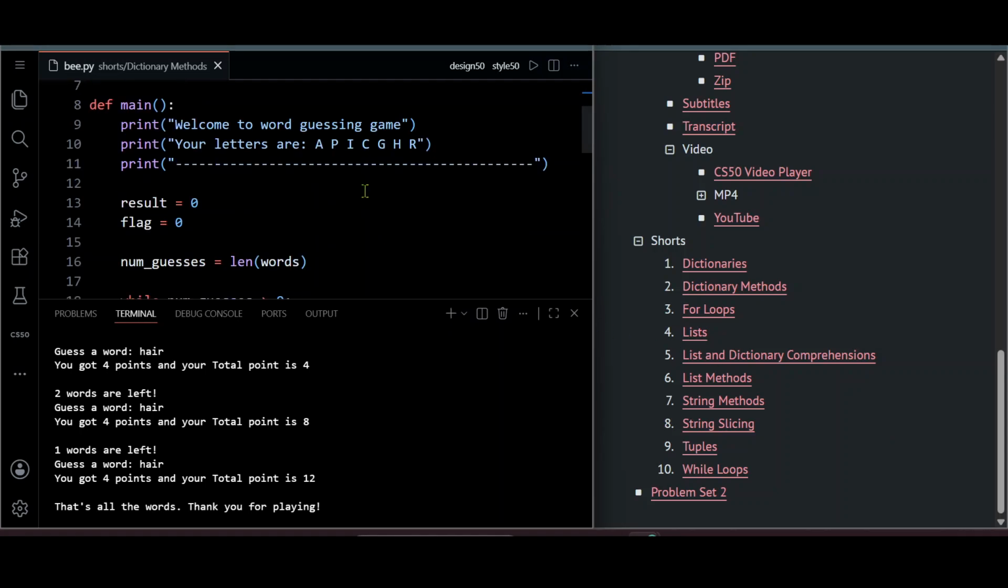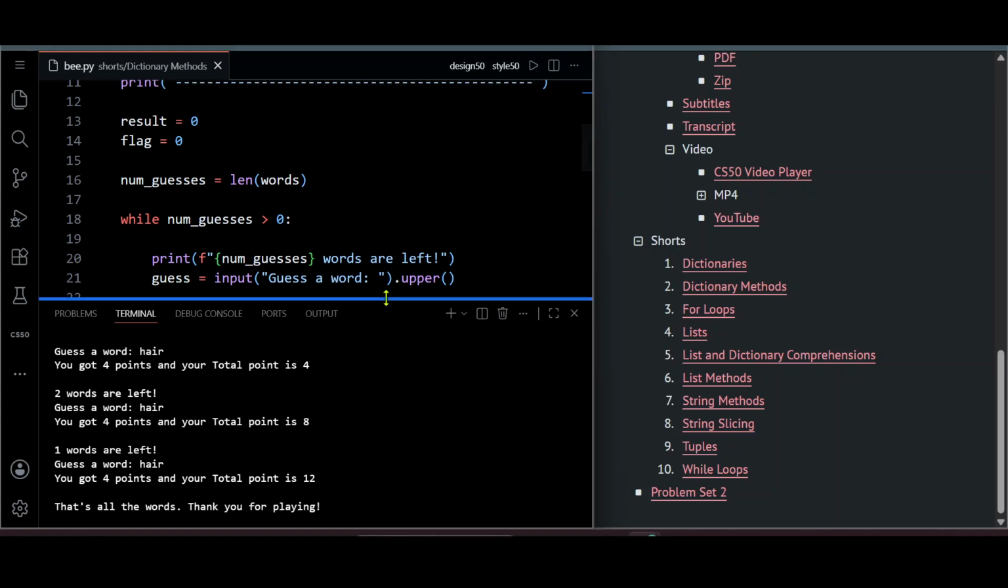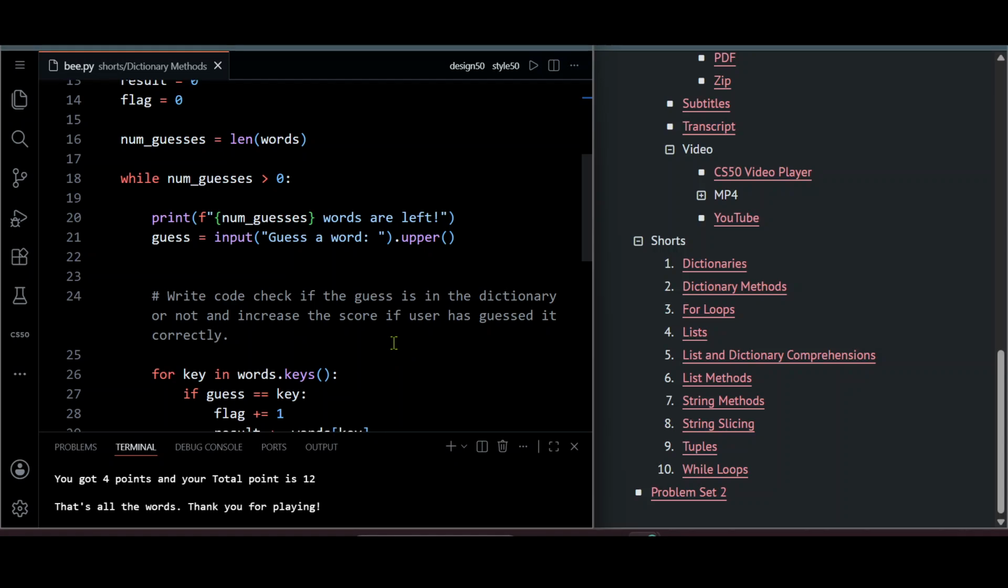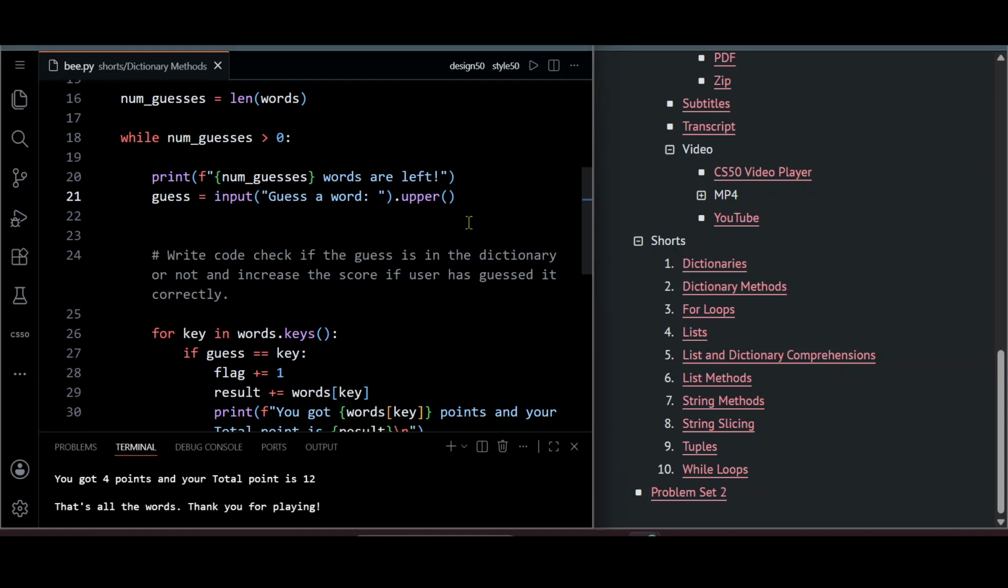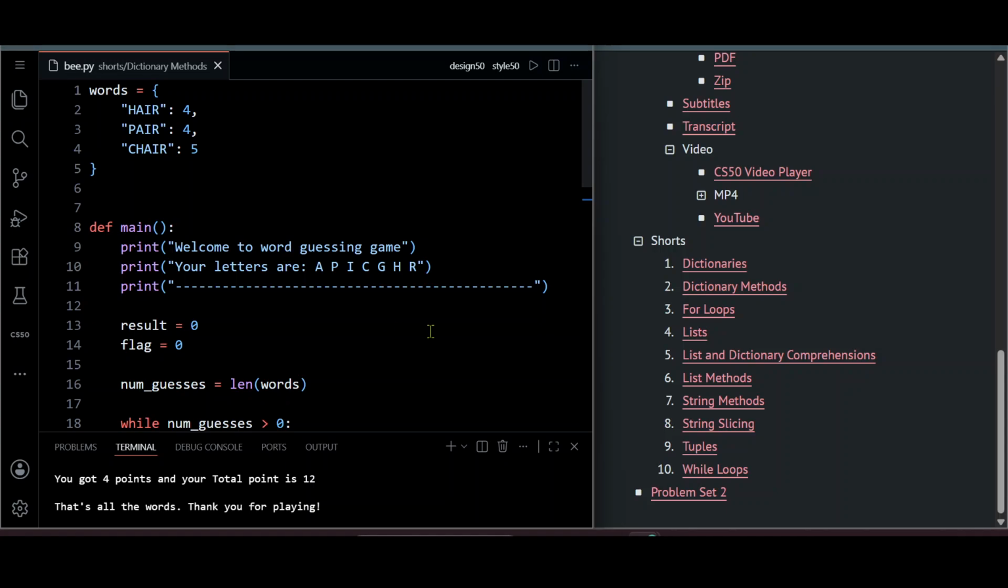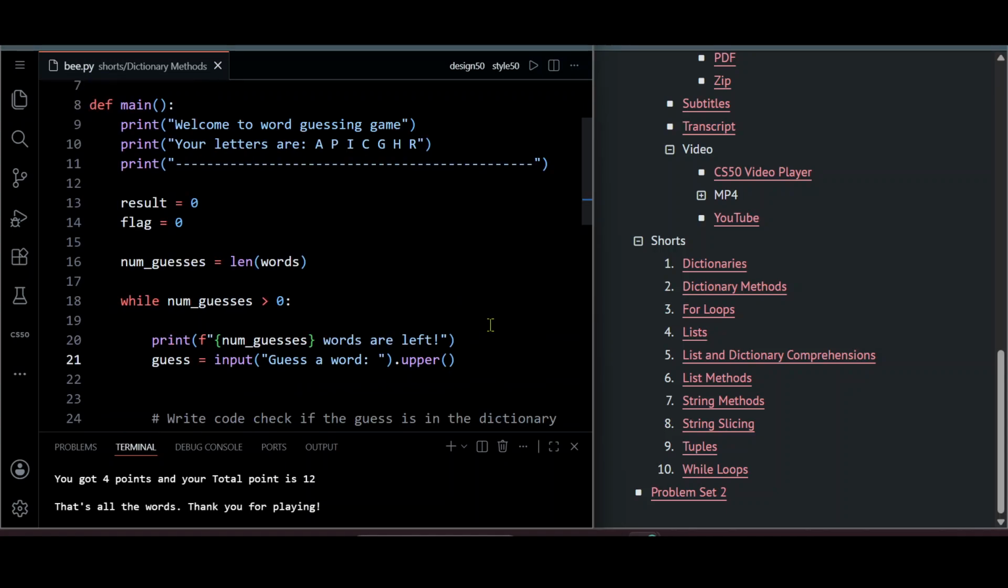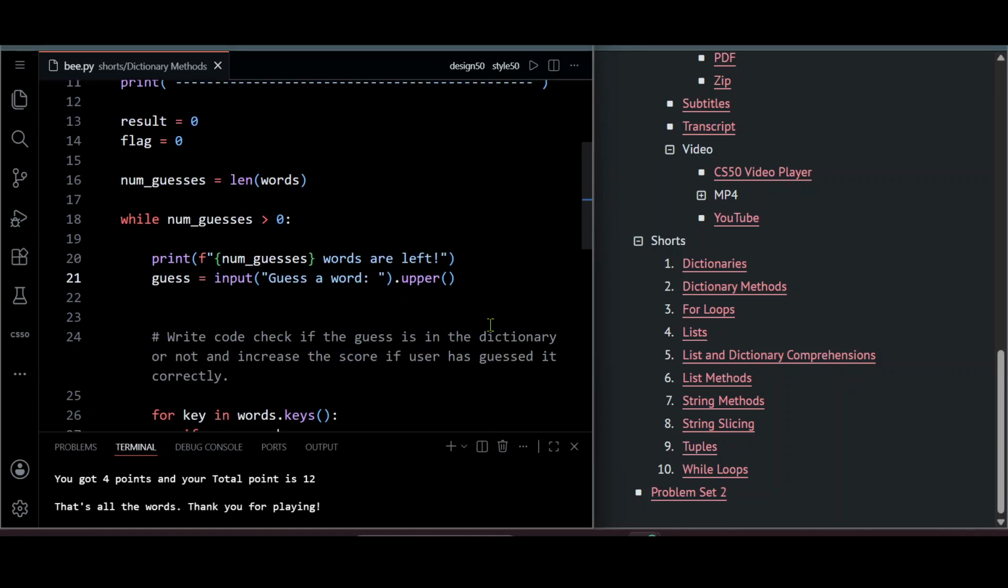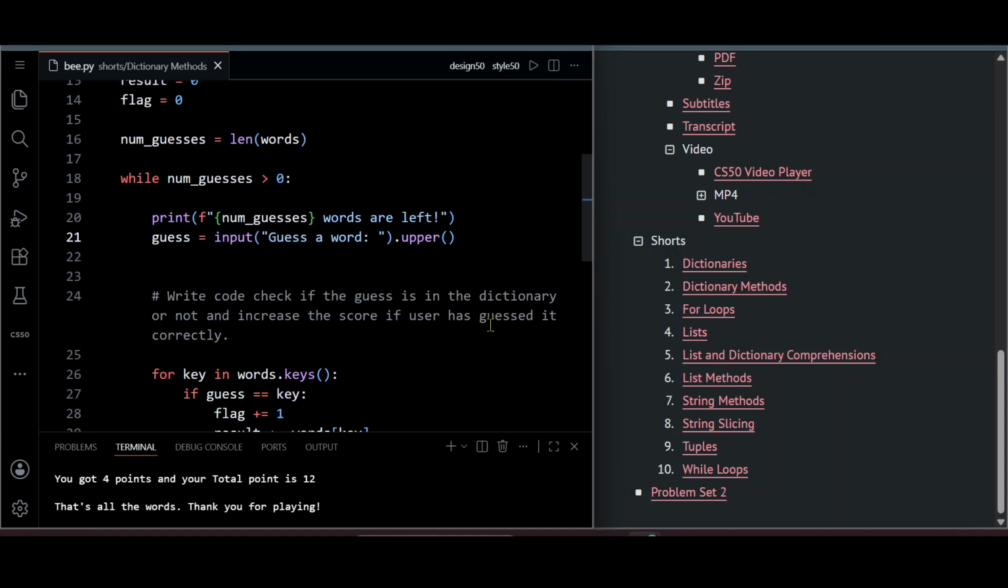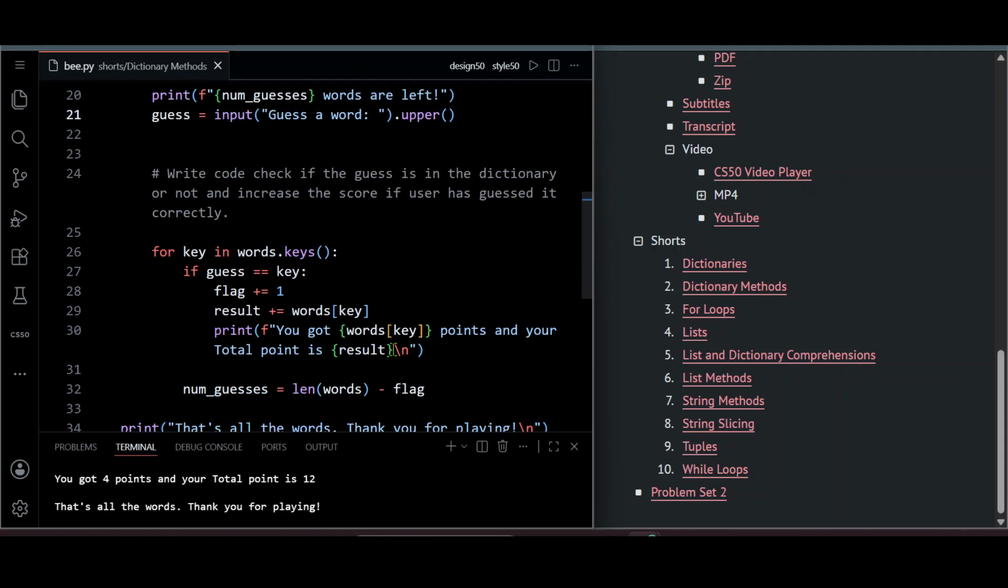So now I will implement that. First of all, let me implement the thing that if the word the user has guessed is not equal to the dictionary keys, then it will say try again, this is not the word, or your guess is not correct, try again please. So if guess is not equal to key, then